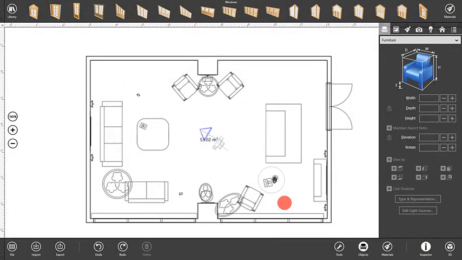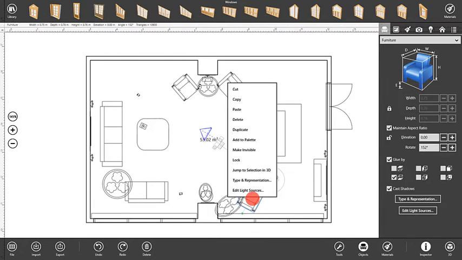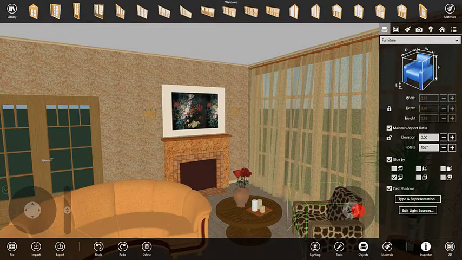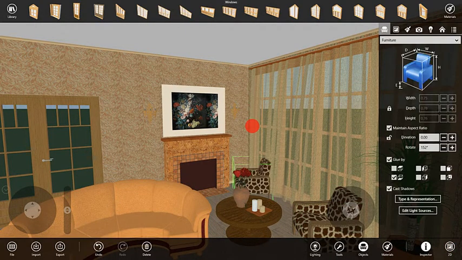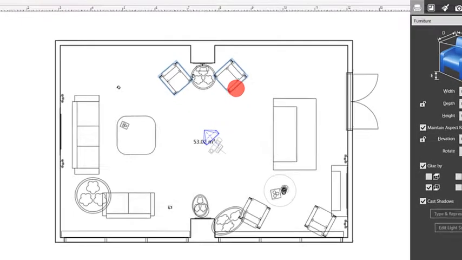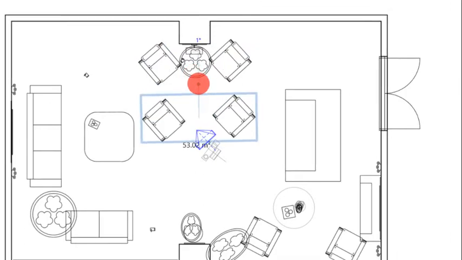Copying and pasting objects in Live Interior 3D works the same way as with any other program. Just select Copy in the context menu of an object, and then paste it. Pasted objects are added at the location where the cursor is placed. You can do this in the 3D view as well. The program allows you to manipulate several selected objects at the same time. For example, you can copy and paste several objects, rotate, or resize them.